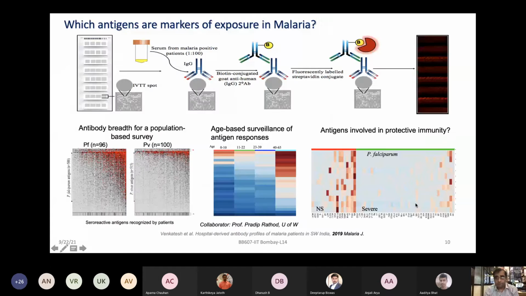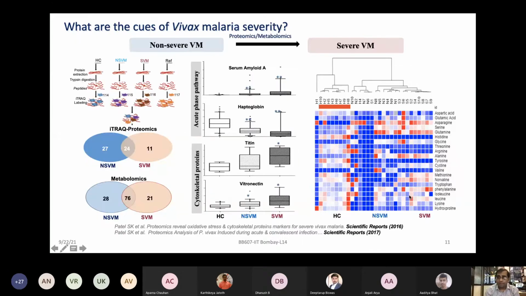for Vivax malaria. Additionally, we also utilized our other technology platforms like protein microarrays, and this work was done on the Goa population, where we tried to look at whether we can do this type of testing for screening the population. Many times we see in a lot of slum areas and other places, a huge number of the population is infected. So can we look at a population-based survey for the antibody breadth, for who is infected from falciparum or Vivax? What is the distribution in an age-wise manner? How are they different for non-severe and severe complications? All of these were tested out using protein arrays.